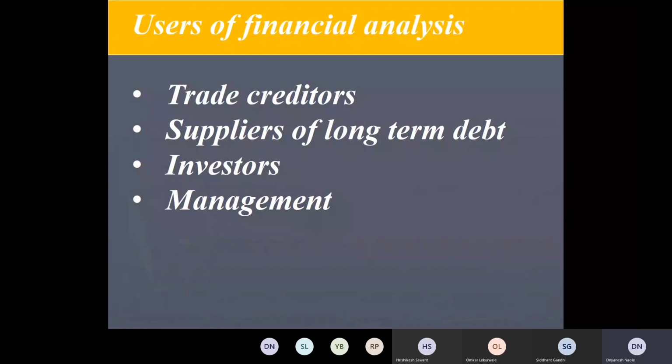Okay, then there are suppliers of long-term debt. The long-term debt means, say, banks, even the people who invest in the debentures and bonds of the company. Okay, so these people give their money to the company for a long-term duration, with some expectation of returns. Now these people are obviously not so much interested in short-term liquidity kind of ratios, but they are interested in, say, long-term solvency and the profitability ratios. Okay, how the company year after year is able to be profitable and be able to meet its obligations of paying interest and repaying the principal amount.